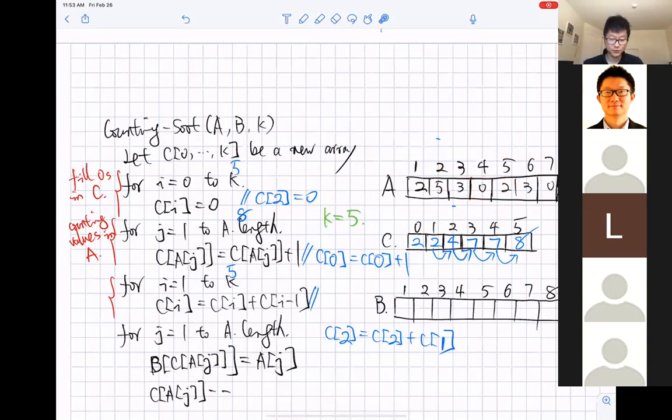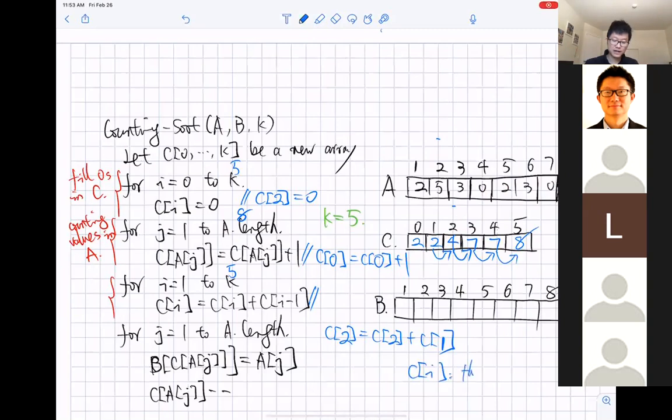Two. How many values are less than or equal to 2? 1, 2, 3, 4. So C2 equals 4. So basically, for any index I, CI tells you